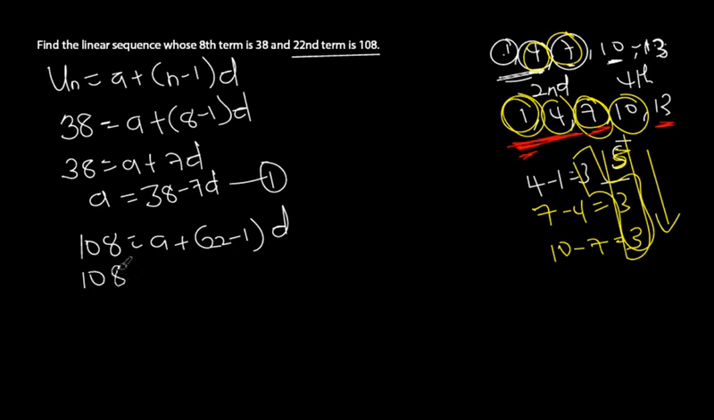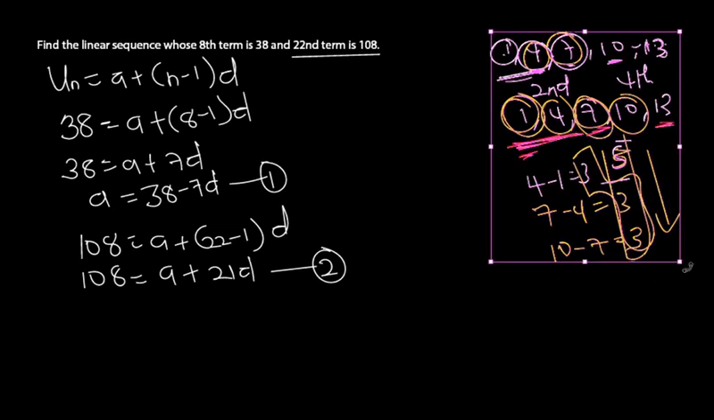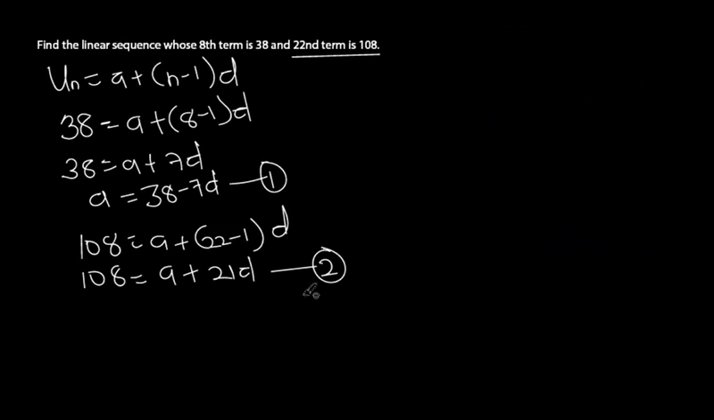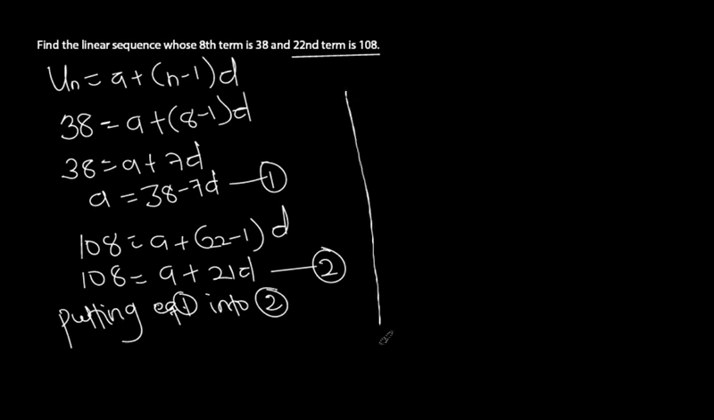So we have 108 is equal to what? A plus this is 21d. Okay, so from here, we just name this equation 2. Okay, now from here we have equation 1, equation 2. We just put equation 1 into equation 2. Okay, so we have 108 is equal to, now the a